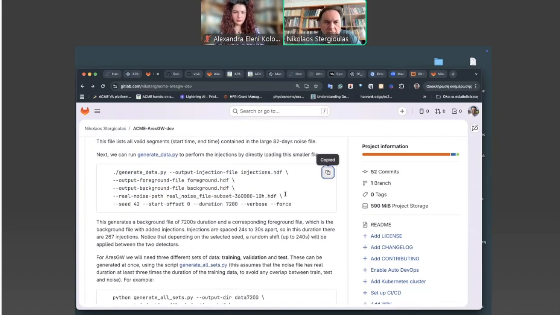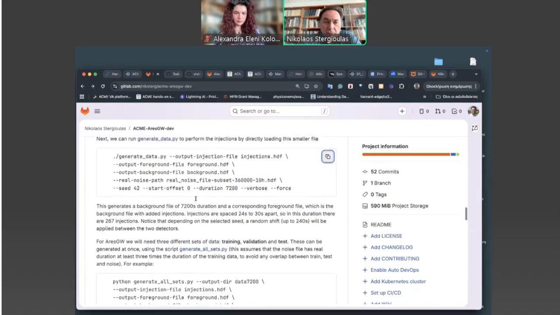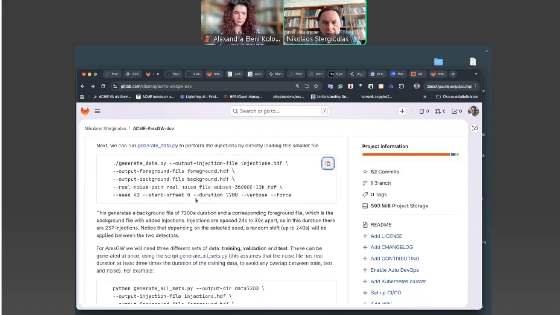So let's do this. In fact, we will need to do this 3 times because for training AresGW, you need a training dataset, you need a validation dataset that will be used during training to evaluate the accuracy of training.